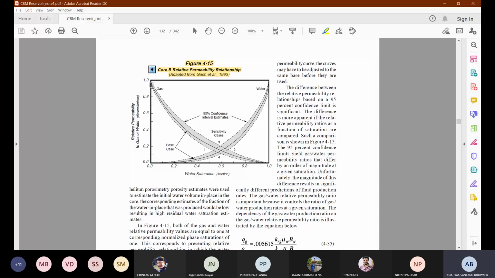Similarly, whenever total gas saturation is 1, you can see the water permeability. Whenever the gas saturation is 1, the water will be 0. There is no water present. But then, interestingly, please point out this area. You can see that this line, for the gas saturation, can reach 1. But again, the water saturation is not going directly to 0. You can see it reached 0 at some earlier point, at 0.1.